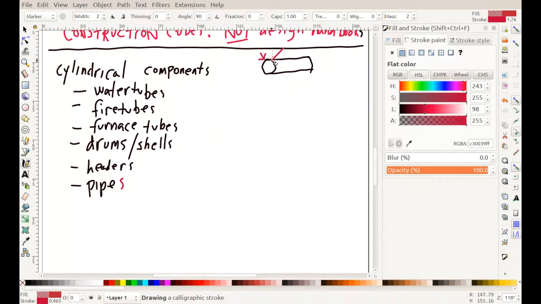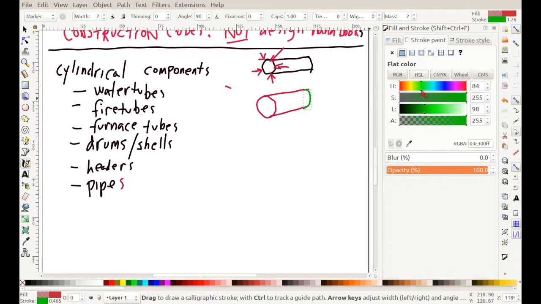Well, now that I got you thinking. Is it the water tubes and the fire tubes because they're exposed directly to heat? Oh, okay. Well, now that I got you thinking, I'm going to answer it for you. Okay, thank you for playing along nicely, because there are probably a lot of things that we can say about all of these components,